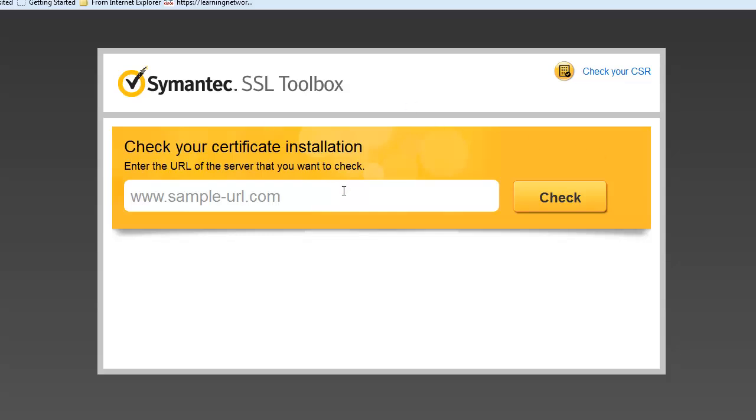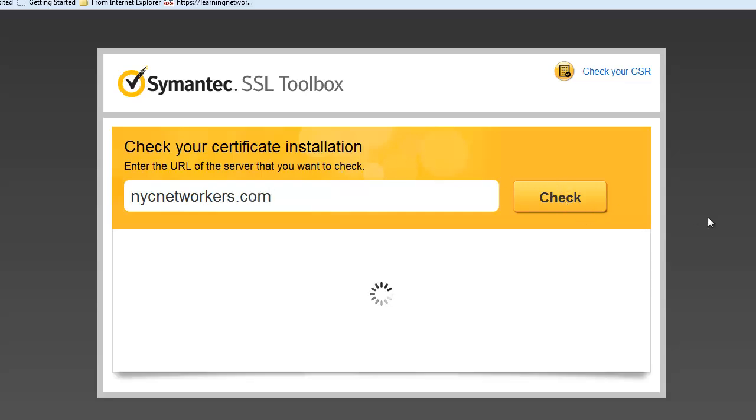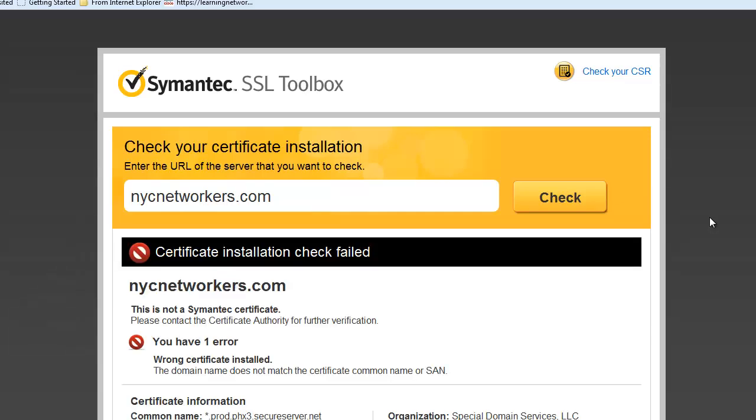So we can type in our website, nycnetworkers.com, hit check. And this is actually going to fail because I didn't buy my certificate from Symantec. I got it from GoDaddy. So it says right point blank, this is not a Symantec cert. So please contact the right CA for further verification. So I don't even know if GoDaddy